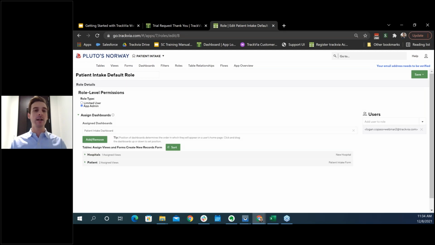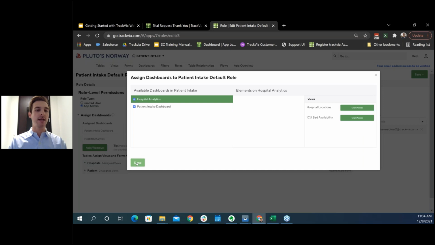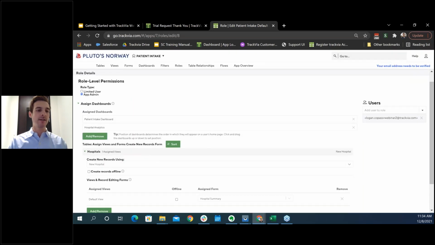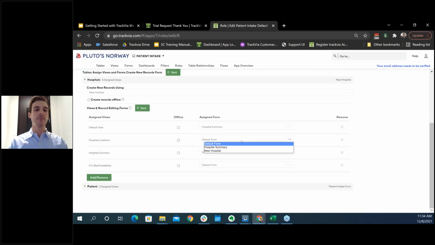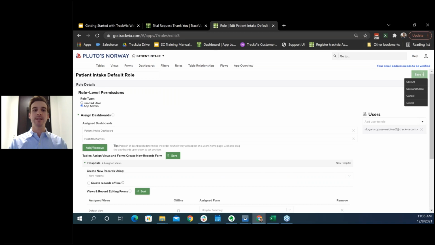you kind of go back and forth between all these tools up here to build out these workflows, to stand up these applications. So now we're back in roles to assign ourselves the necessary dashboards and the necessary views. So I'll do all our hospital views that we just created. And when we click into them, we don't want to take them to the new hospital or default form. We want to take them to that hospital summary. So if I click save,